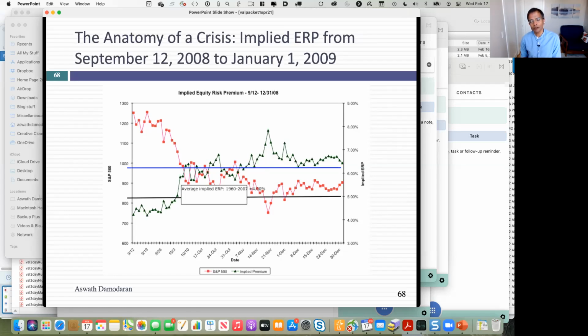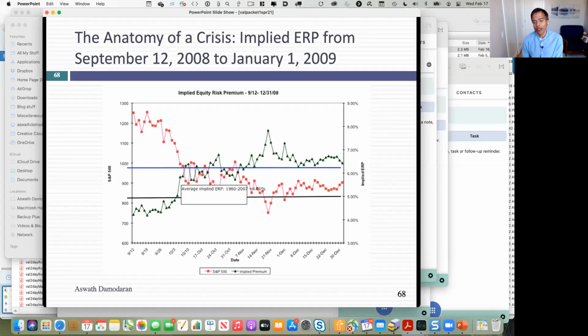The last quarter of 2008, I started a practice that I still continue to follow. Whenever I'm in a crisis, one of the things that I use to kind of center myself, to kind of get back balance, is to compute the implied equity risk premium every day. Trust me, it sounds like a terrible thing to do, but actually it gets me away from all the experts and the market gurus telling me what to say. Hey, what's actually happening in the market? And the nice thing about implied equity risk premiums is you can do it on a daily basis. Every time the index changes, your equity risk premium is changing.